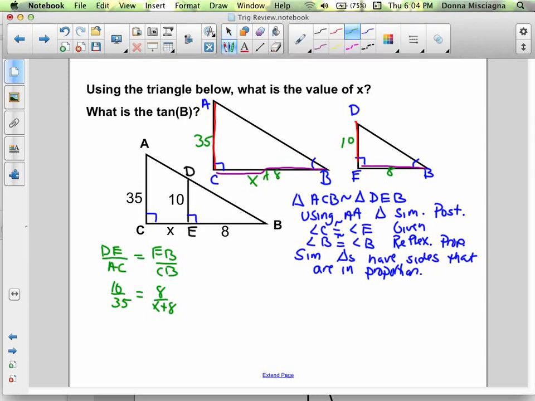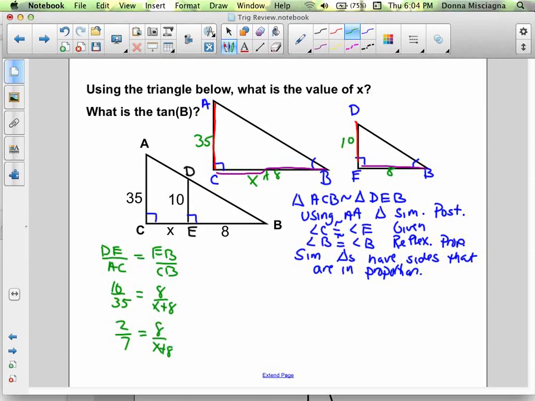All right, so now we could reduce. We cannot cancel the 8s. You can't cancel things that are added. You just can't cancel out an addend from two sets of numbers. Division's not the inverse of addition, but you can reduce a fraction. So 10 and 35 are both divisible by 5. I could divide that by 5, and I'd have 2 over 7 equals 8 over x plus 8. I could do one other reducing if I wanted to. I could reduce the 2 and the 8 and make that 1 and 4. I'll leave it like that just because sometimes students don't reduce in the numerator, and I want us to have